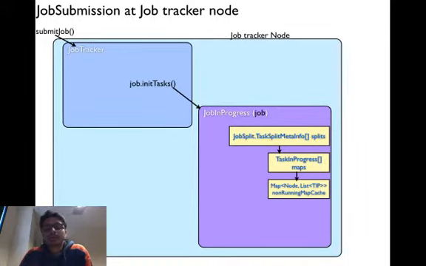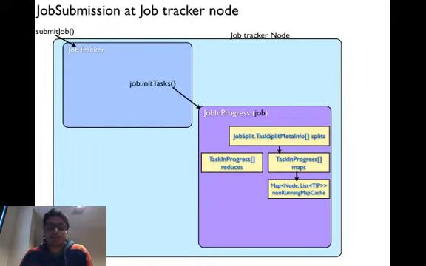Then it stores the task in progress into another internal data structure, which is a map of node to the task in progress. So if you want to run a map on a certain node, you add it to this map.